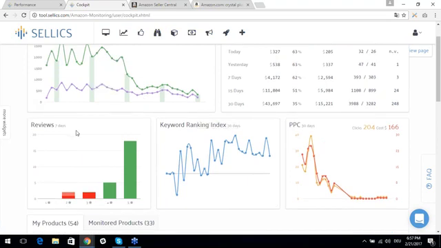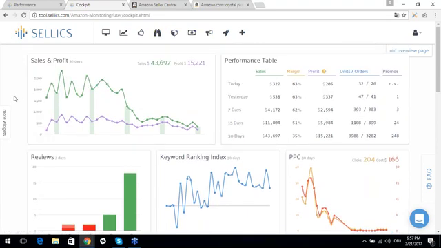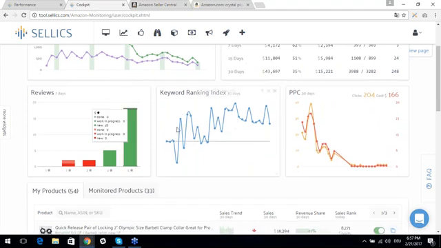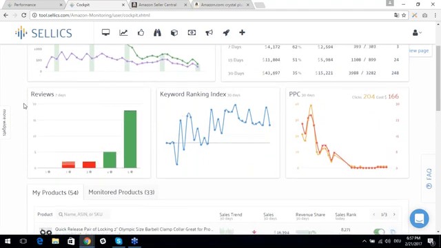So those are the 5 widgets that we have right now. One widget that's in the making currently is the inventory widget. So you'll be able to see this inventory pipeline that we just saw before. You'll be able to see this right here as a widget as well, so that again, whenever you log in,